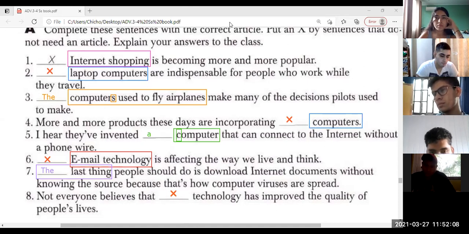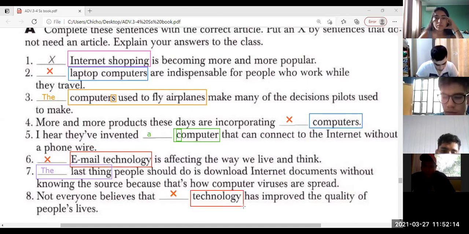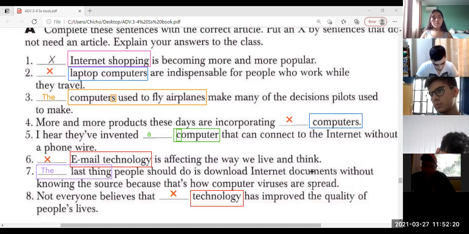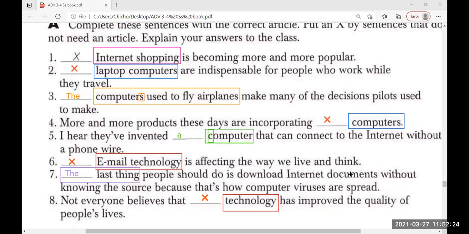So that's why we don't use an article. And also we are talking in general, technology in general. Okay. Any questions about these exercises? Anything that you maybe couldn't understand? Okay, good. So let's continue with the